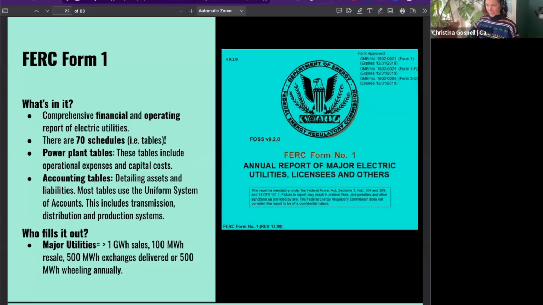FERC Form 1 in particular is a comprehensive overview of both financial and operating reports for major electric utilities. So this does not have complete coverage of US utilities, but it is a lot of the large ones. And it is pretty sprawling. It has over 70 tables. It has a ton of information about power plants. I will highlight that the information that is reported nowhere else is the capital costs of power plants, both the upfront costs of plants as well as the ongoing trickle of money that they pour into